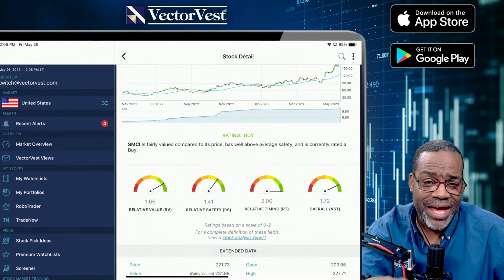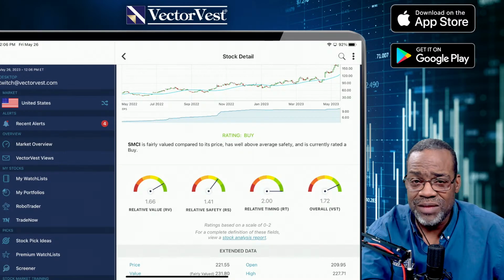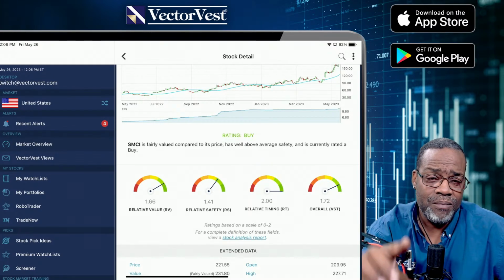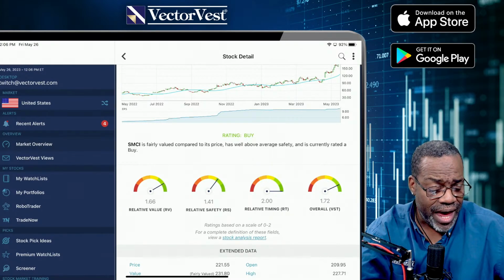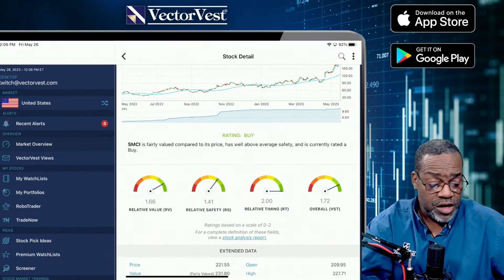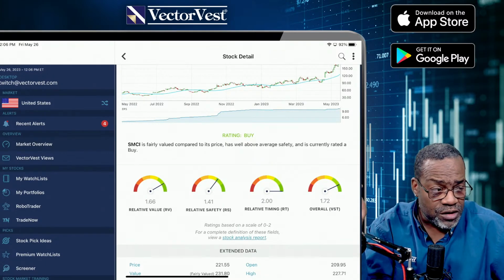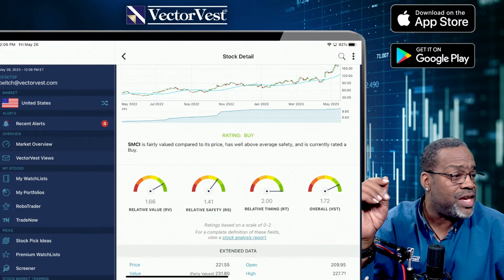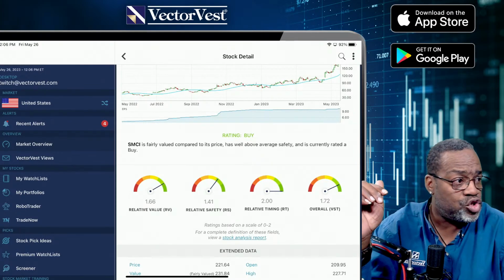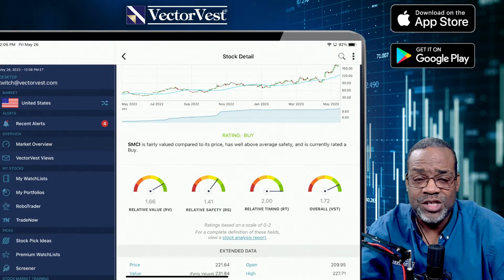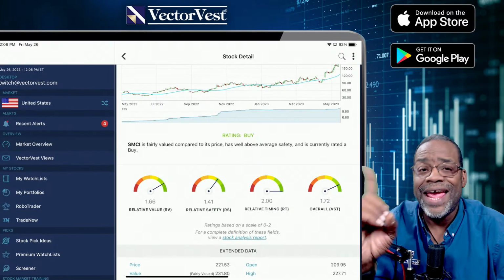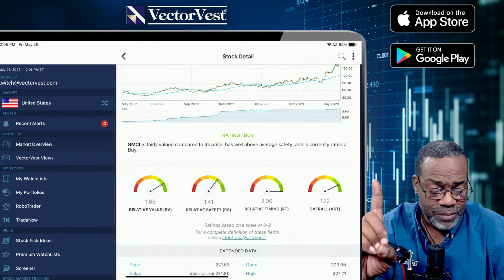Now, if I'm looking in the chip space and I know it's being moved by AI, would I rather be in SMCI or would I rather be in NVIDIA? NVIDIA price action looks beautiful. I'm looking at SMCI over the last year. It looks good. Look at the rising earnings, but look at that RV indicator. RV is so important that if I'm looking at the stocks in that space, RV definitely has better upside potential.